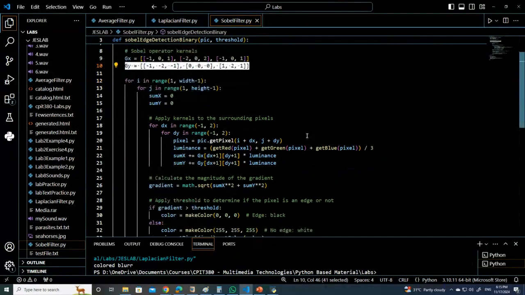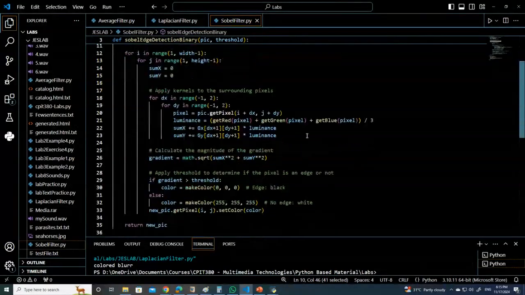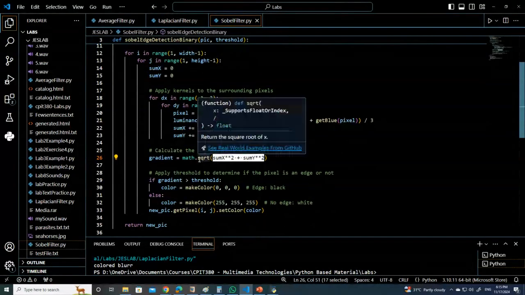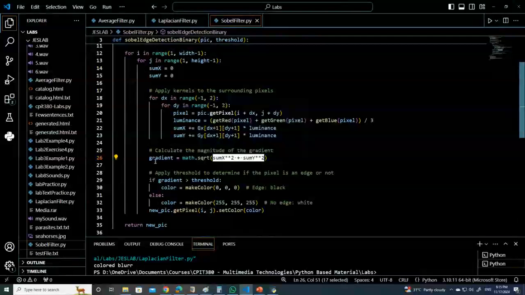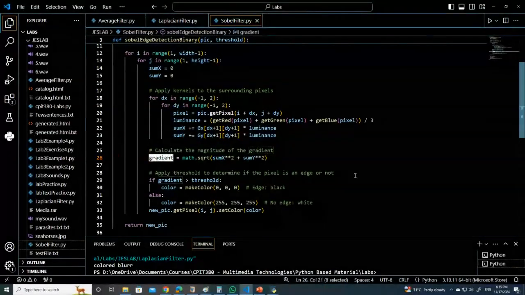So to determine both edges, you have to apply them both at the same time. Once you have the sum of the products, then we take the square of the sum x plus the square of the sum y. And then you take the square root, and that's the change. The gradient means the change